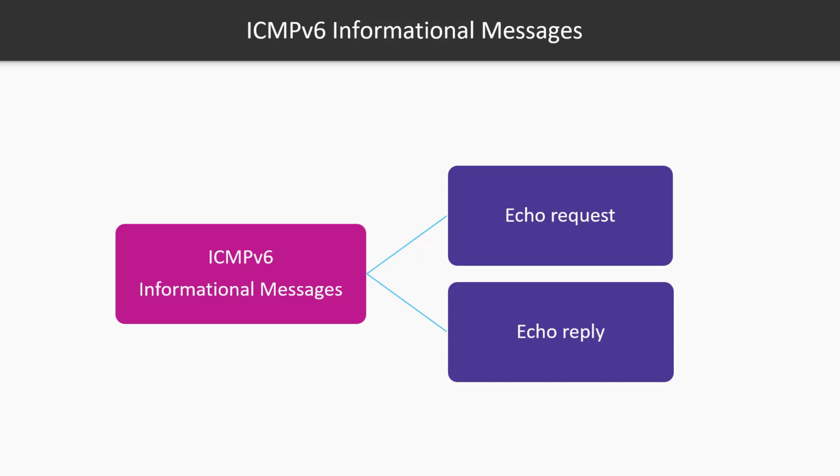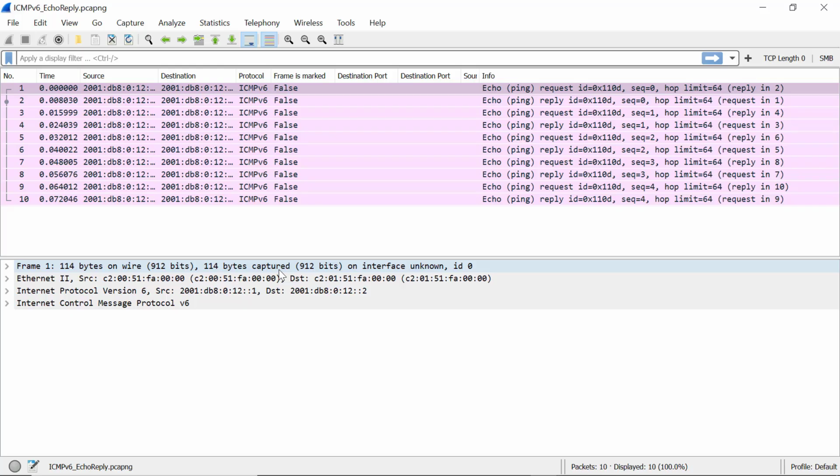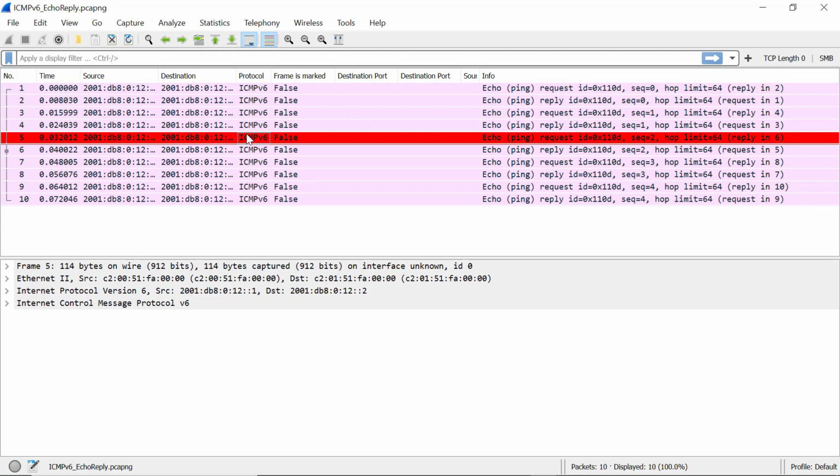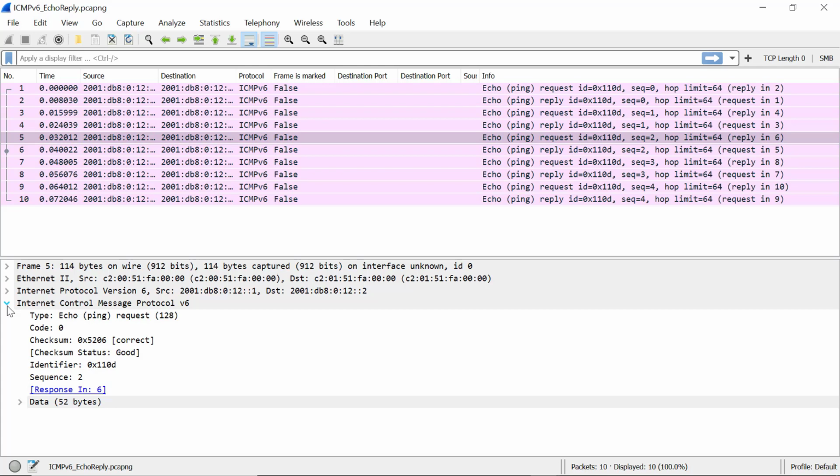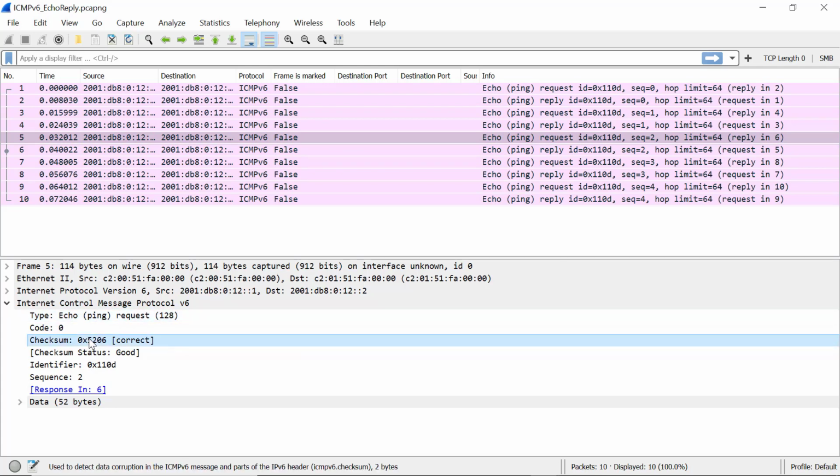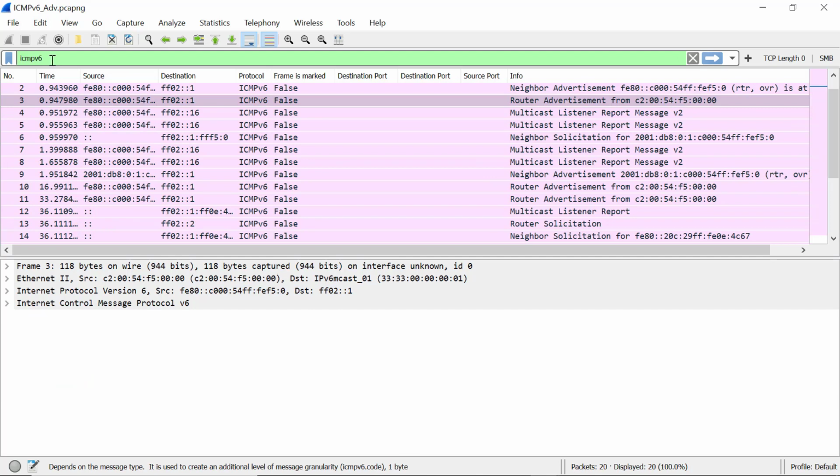Let us go directly to Wireshark and see some examples. So here I've opened the ICMPv6 echo reply file. Just press on any frame here and expand the ICMP protocol header to see that you have the type, code, and checksum fields along with their sizes. This is just typical as we've seen. Here I've opened another file,